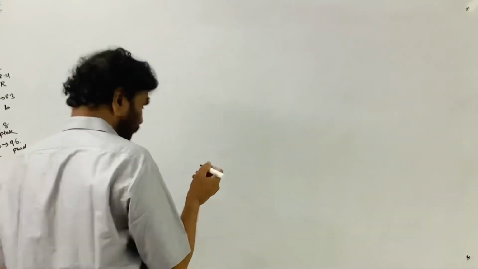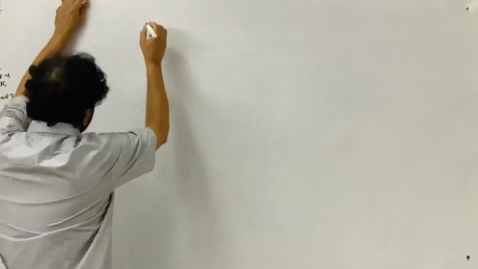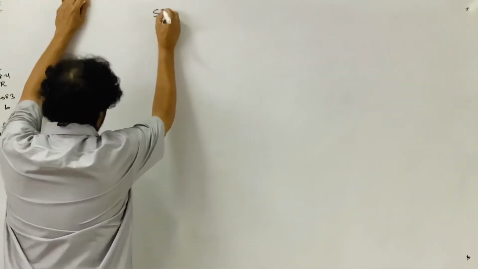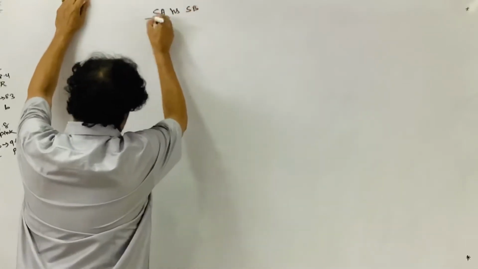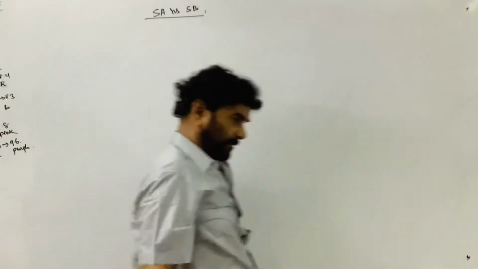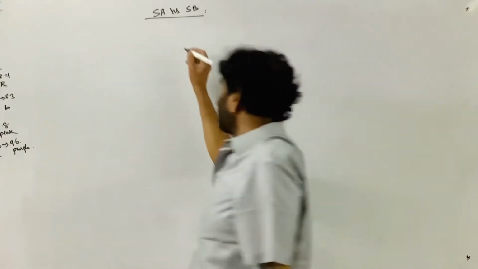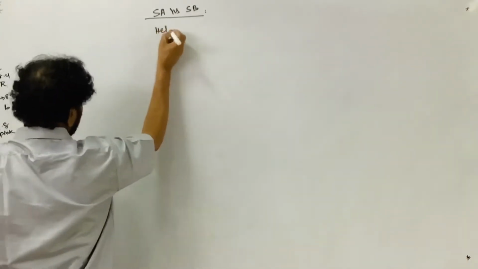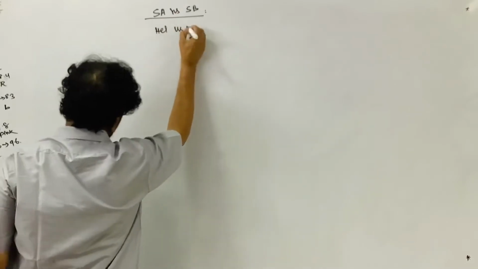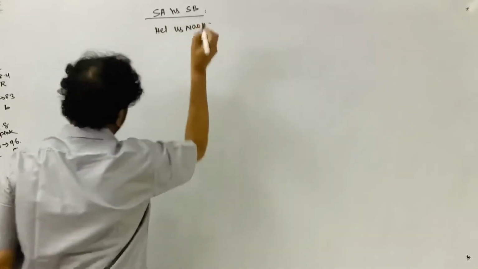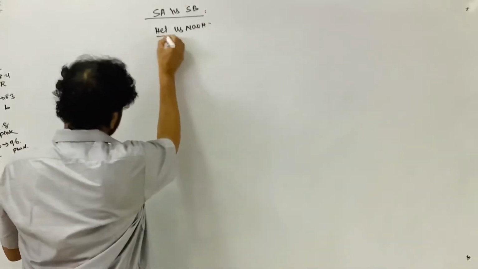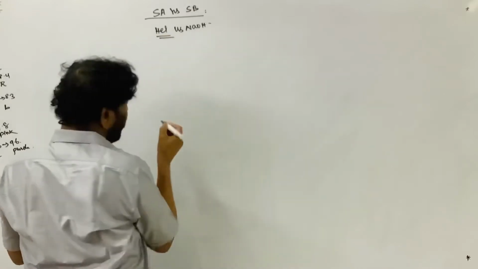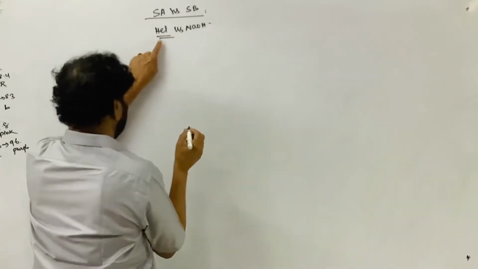Now if you take a standard acid, a strong acid versus strong base titration, say HCl versus sodium hydroxide. In this method the HCl is estimated by using the standard sodium hydroxide solution.